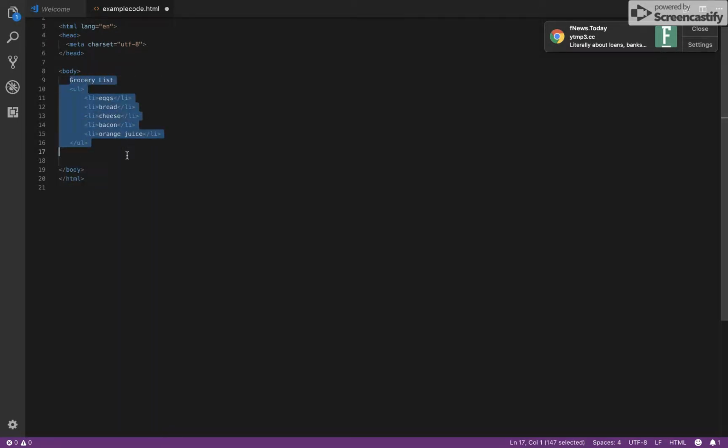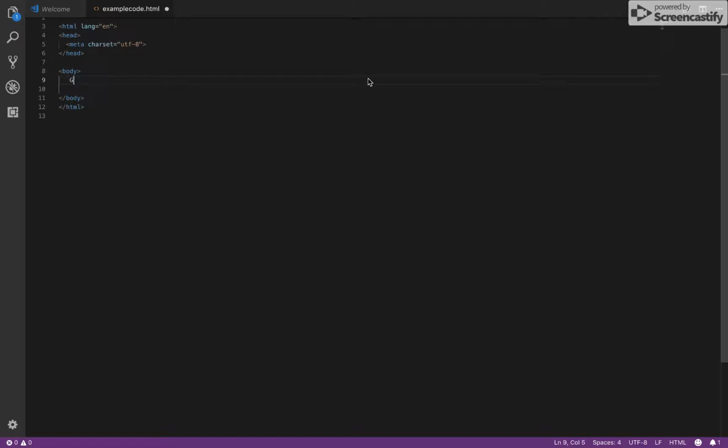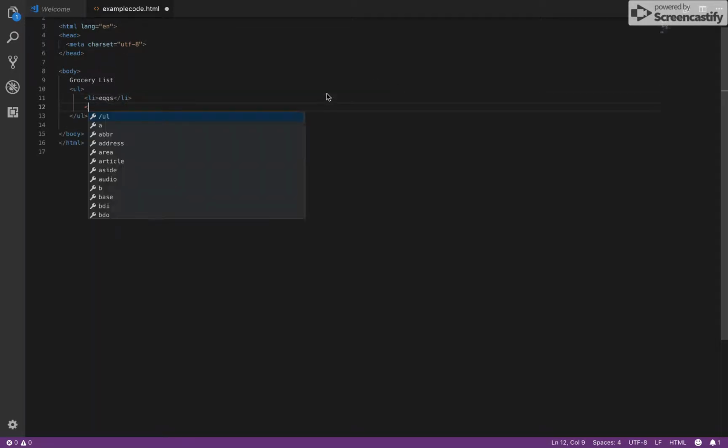So I'm going to back up here, get rid of this and start this over. For my unordered list, I'm actually going to create a grocery list. So I'm going to title it grocery list, and then I'm going to open it up with the UL tag. And then I'm going to put some items on my list. So I'm going to buy eggs. I'm going to buy